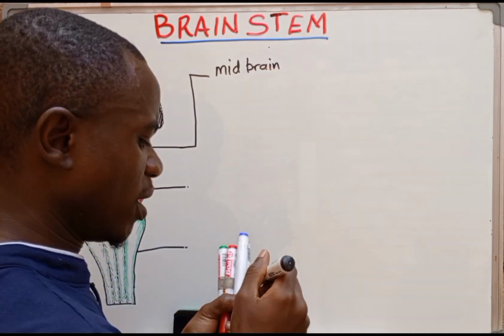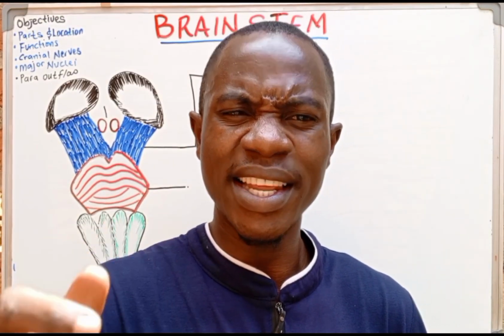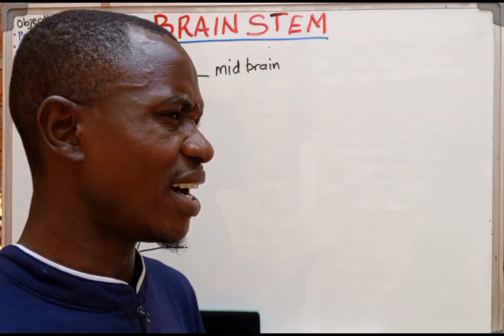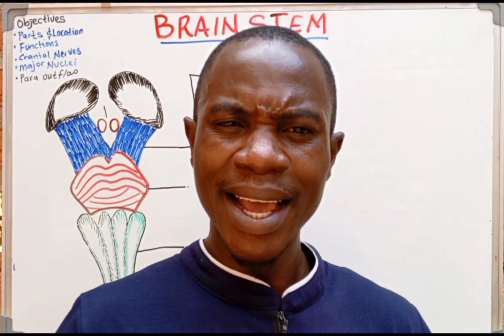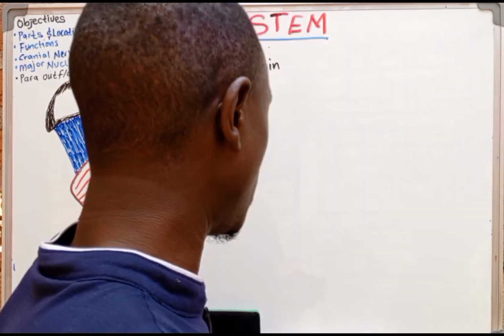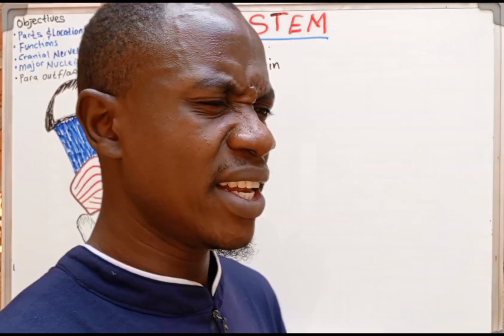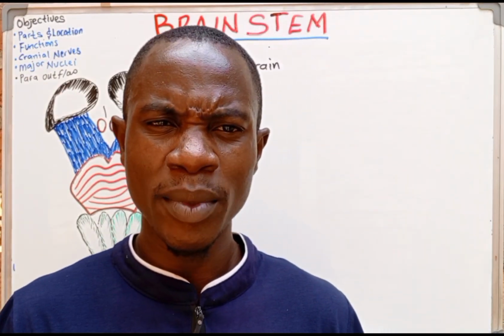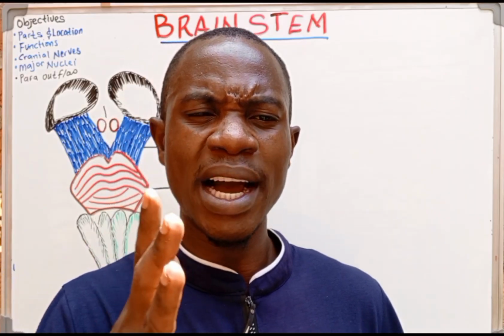We need to see what nuclei reside in the midbrain, and also the cranial nerves which exit from it. But what I need you to know is that the brainstem is going to be housing